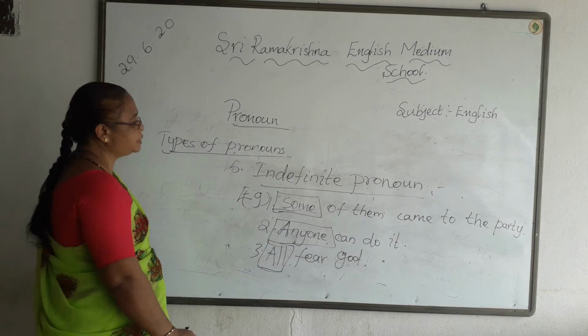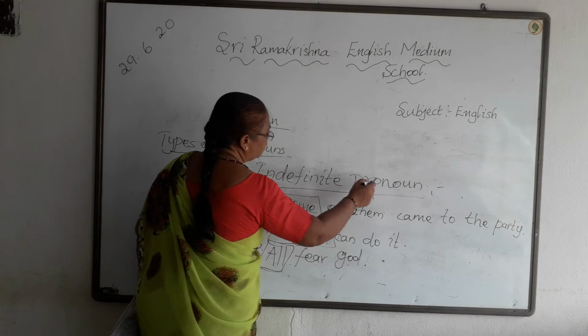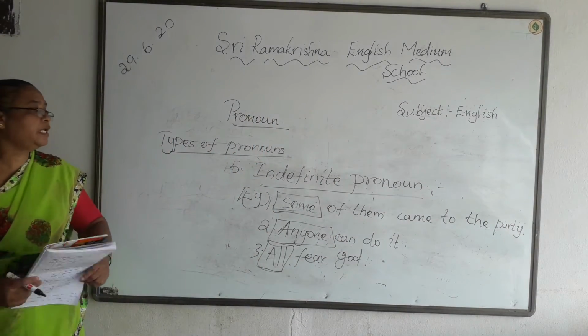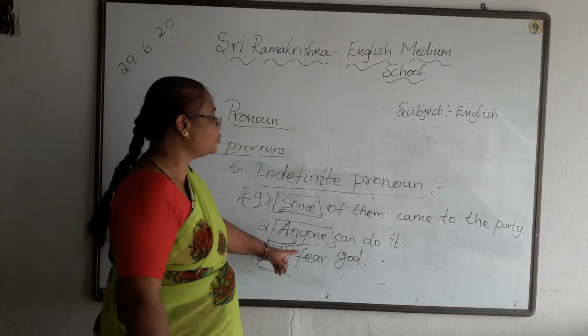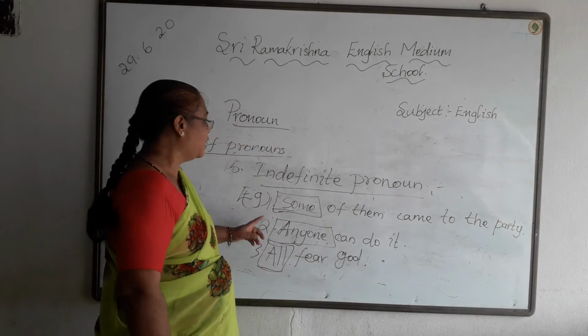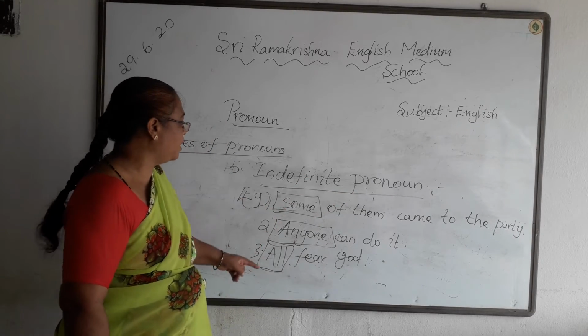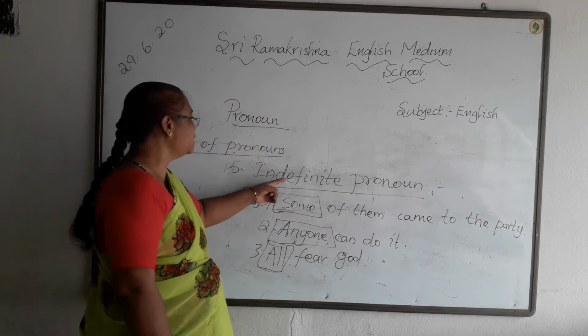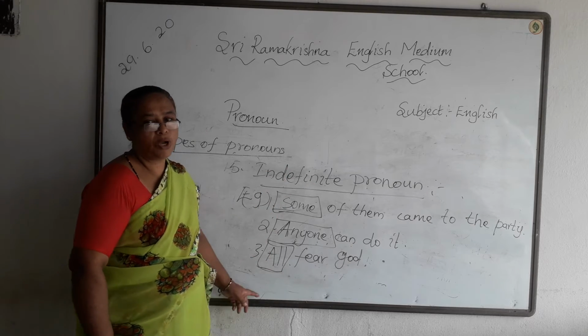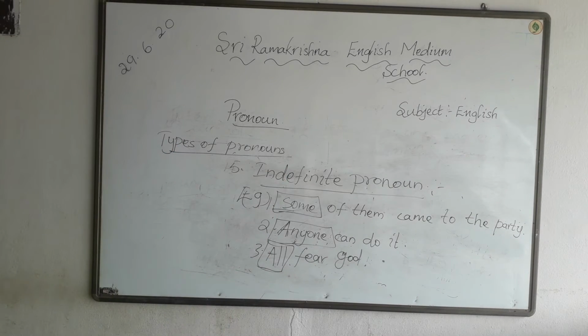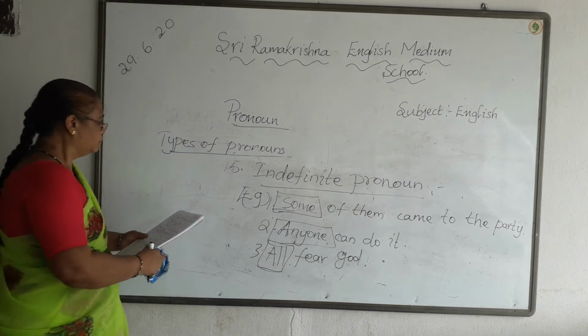I hope you have understood demonstrative pronoun plus this indefinite pronoun. Understood, children? Indefinite pronoun does not refer to any particular person or thing. Example: Some of them came to the party. Here "some" is the indefinite pronoun. Anyone can do it. "Anyone" is the indefinite pronoun. Hope you have understood. Okay. Next comes the